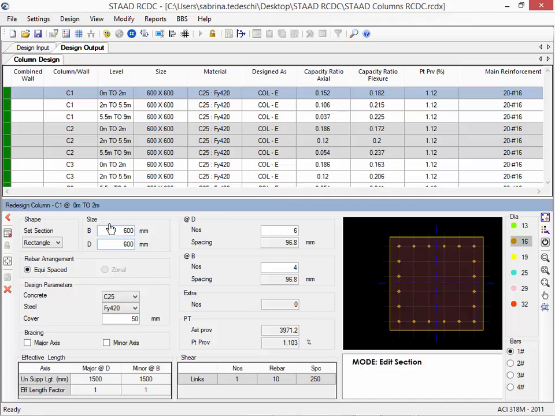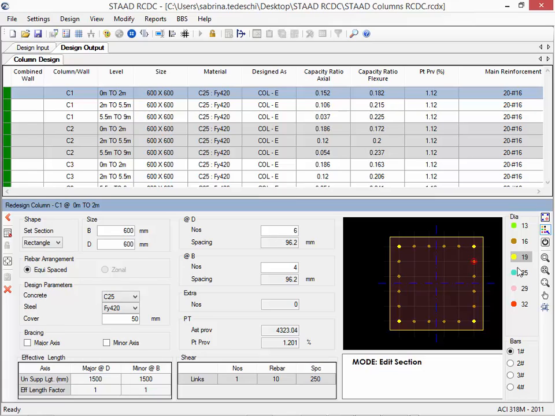From here, you can modify the size of your column, any of your concrete or steel material properties, and any of the other properties included in the design. If you would like to change any of the reinforcement, we could do that at the right-hand side of this dialog. So what we're going to do is highlight a particular bar on our screen, and then click on the bar size that we want to change it to. Say for this example, we'll highlight a number 19,